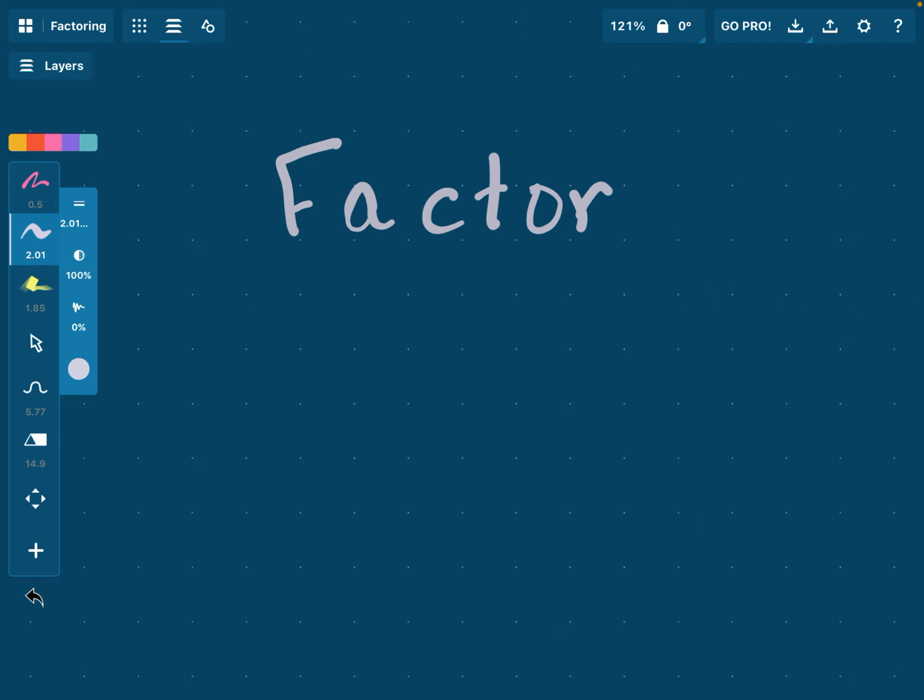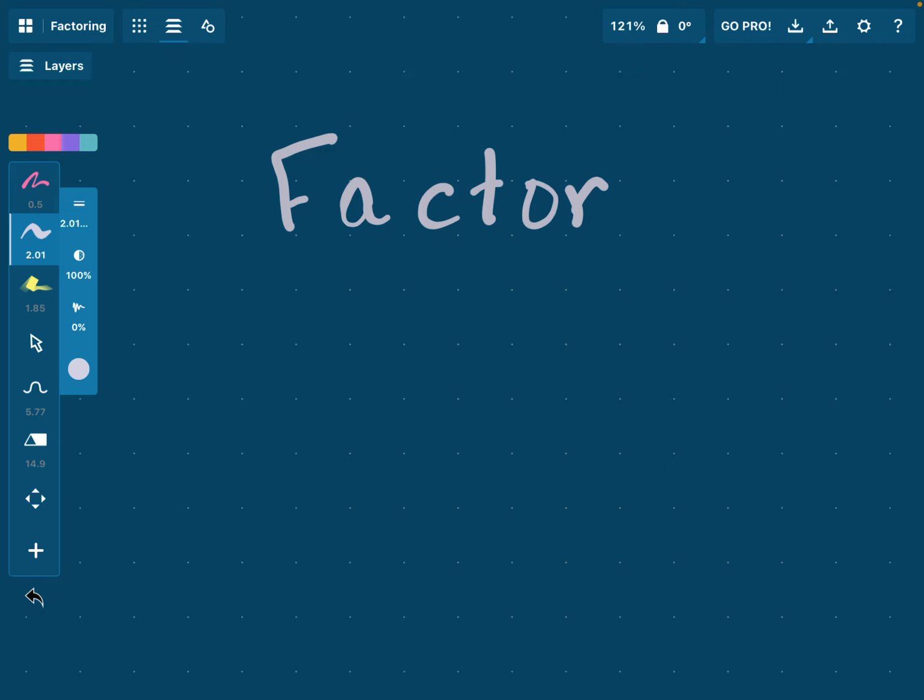So what exactly is a quadratic? A quadratic is a special type of polynomial with degree 2. And what does that mean? It sounds abstract and to most people it's nonsensical. So let's look at the mathematical equivalent of that statement, which is going to be ax squared plus bx plus